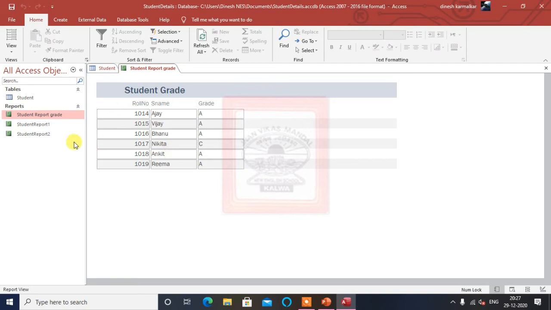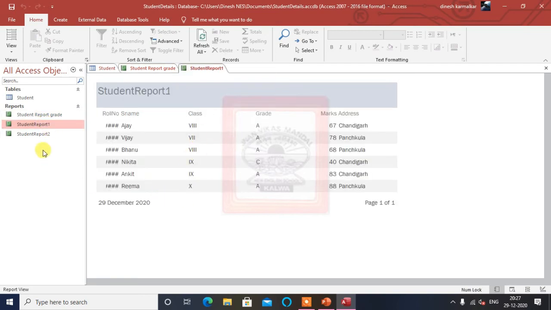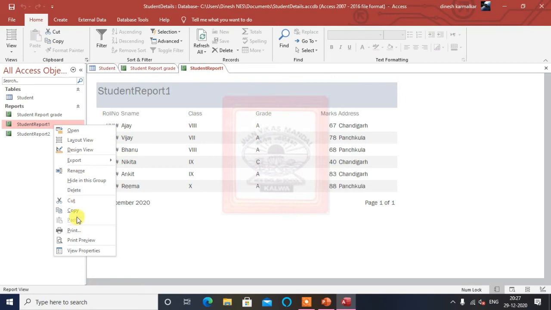This also we are done with, the blank grade, and this is one more. The size is very small, student report 1. So in this we require a little bit of adjustment.